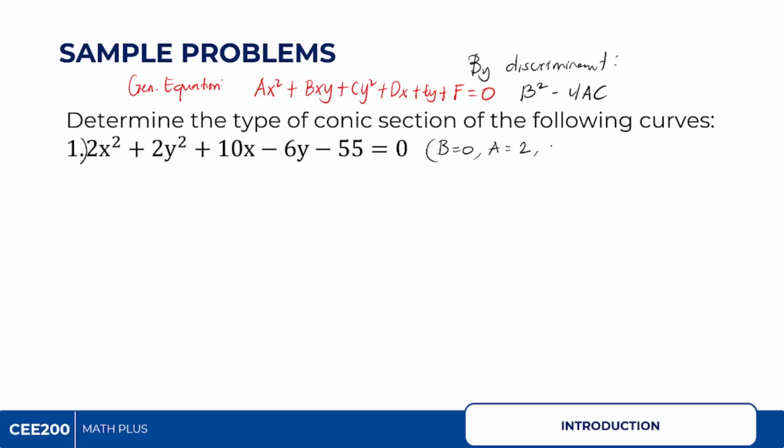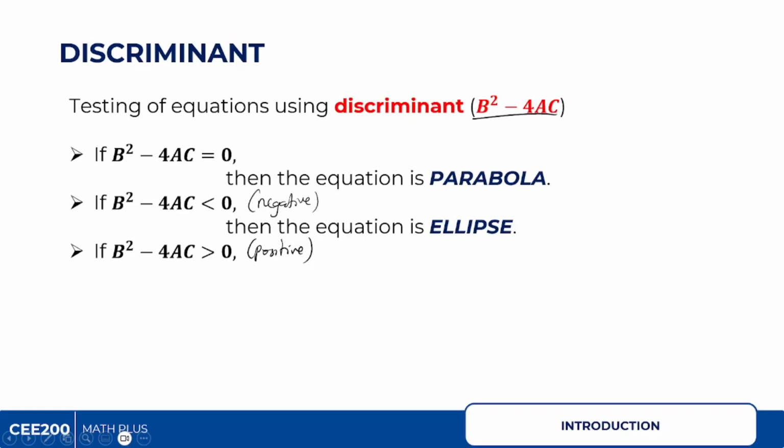Yung C natin, ano yung C natin? Two. 2. Ito, actually, guys, dalawa to ha. Dalawa tong